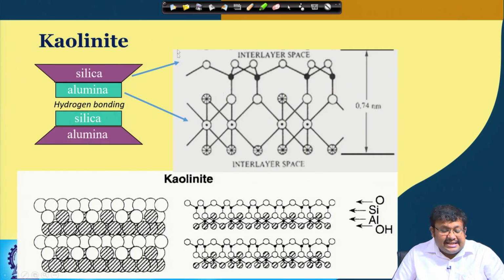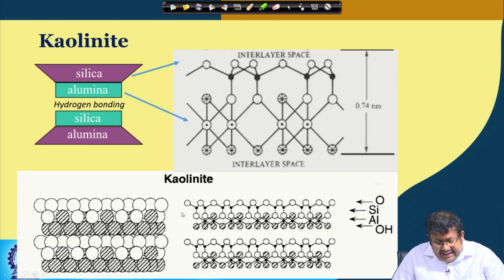So, this is the kaolinite structure, one silica tetrahedral sheet and one aluminum octahedral sheet. They are joined together by sharing the apical oxygen. Here you can see sharing the apical oxygen of the tetrahedral layer, and then it is following this layer structure of 1:1 layer structure.